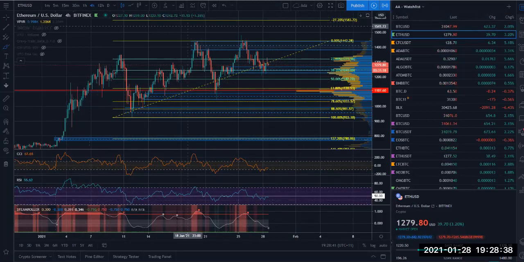If we look at our VPVR, our volume profile, it has really been bang on the whole time with this, and we've referenced it in a number of updates. Looking at where we were here, there were some buys and sells stacked at that 23 fib level, which we've seen a rejection off now, hitting this demand zone, this little pocket of liquidity. However, should we come back down and test this demand zone again, I'm not liking the strength of that holding, and looking at our point of control back down towards that 1100 level.